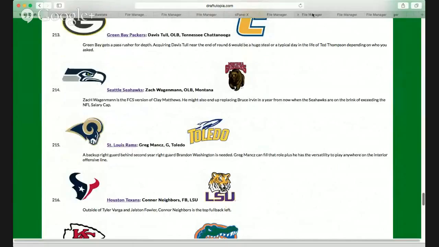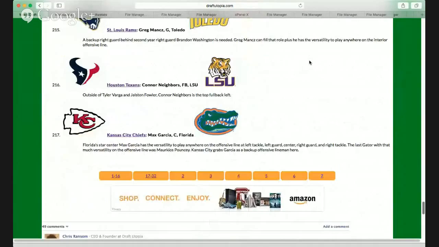That's real cool. Once we get through the Connor Neighbors piece, there's 217 picks. I believe pick 218 is the first pick in the 2nd round. Yep, because it says 219 there, and that's an indication that it's the 218th pick.